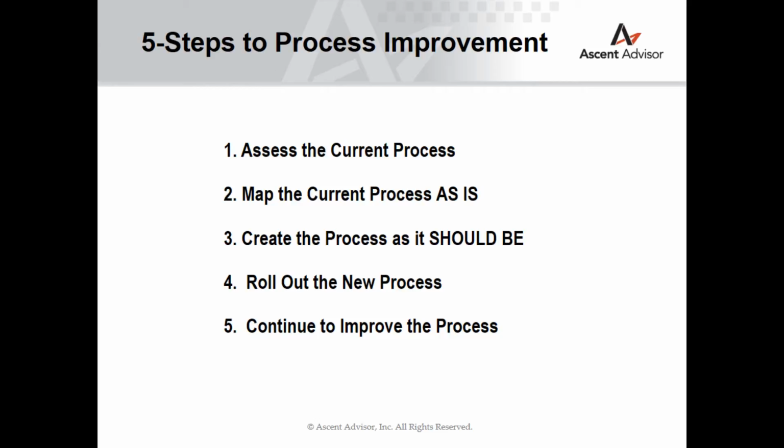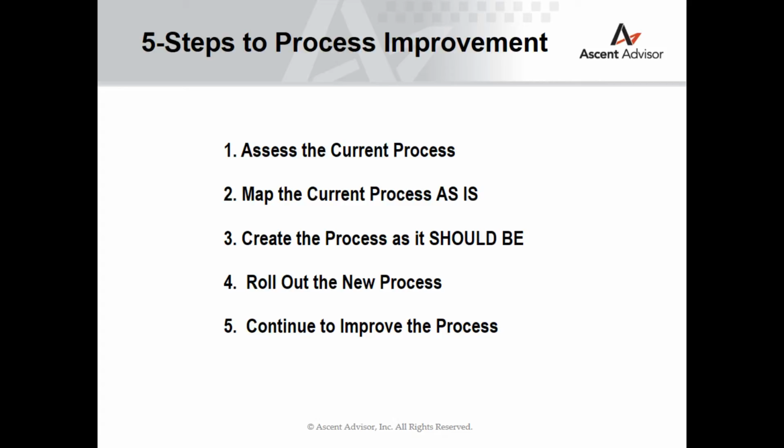The first step is to map the current process as is. Process improvements aim to deliver consistent outcomes such as high quality, fast turnaround, and low cost. To achieve these gains, we need to start by defining the current outputs from the existing process. Measure the outputs over a period of time, approximately 3 to 6 months, and notice the variance. A high variance that swings unpredictably means that the process is out of control. If the variance is relatively small and predictable, it means that the process is in control.